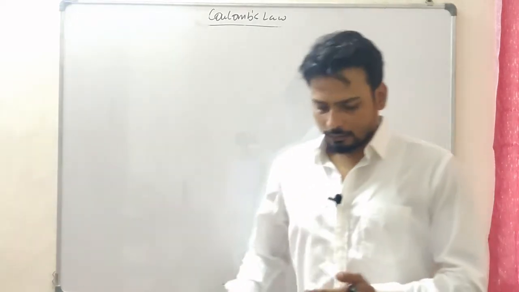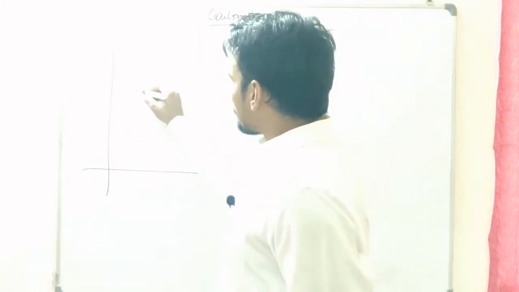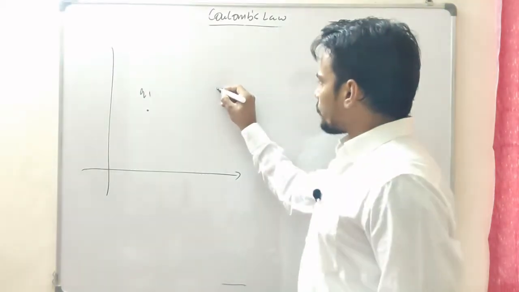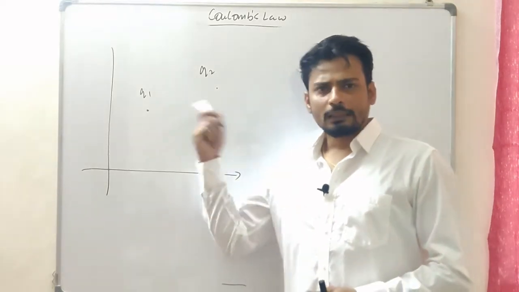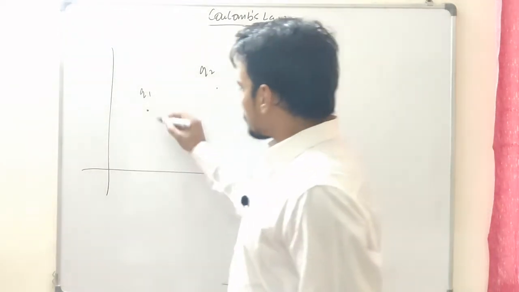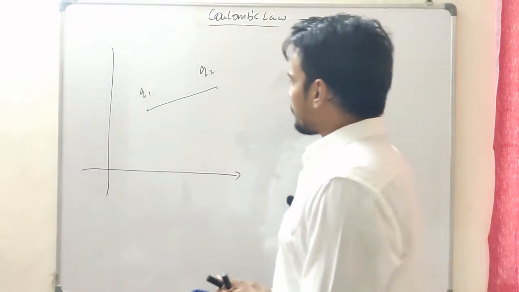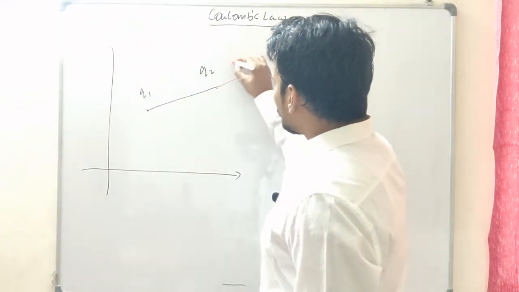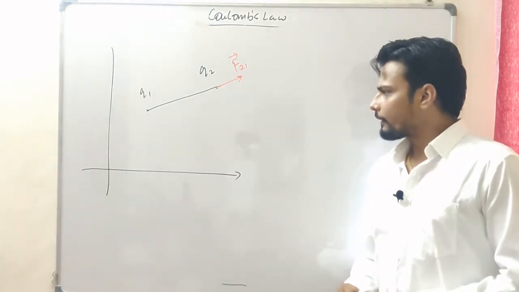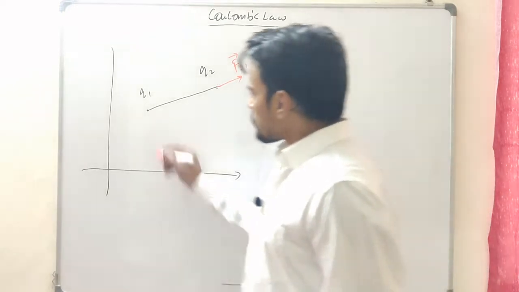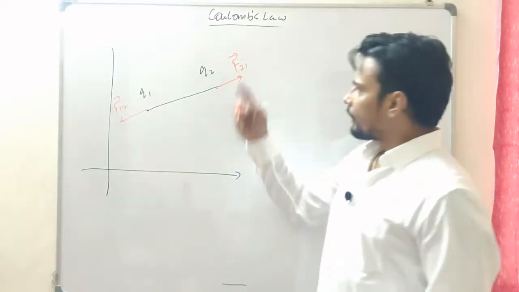Okay, so let's start. Let's say, for instance, I have a charge q1 over here, and let's say q2 over here. I just want to know the force on q1 because of q2, or on q2 because of q1. Of course that should be along the line joining them. So the force on q2 because of q1 will definitely be in this direction. This is the force on 2 due to 1, that's the way we write it. In the first video I spoke a little bit about the vector form, and the force on 1 due to 2 should be in this direction. That's how we represent the force on 2 because of 1.